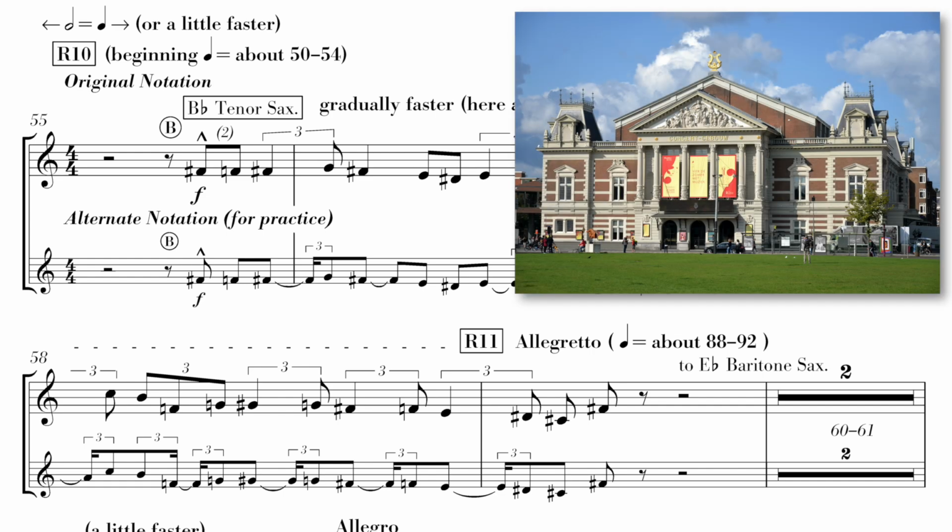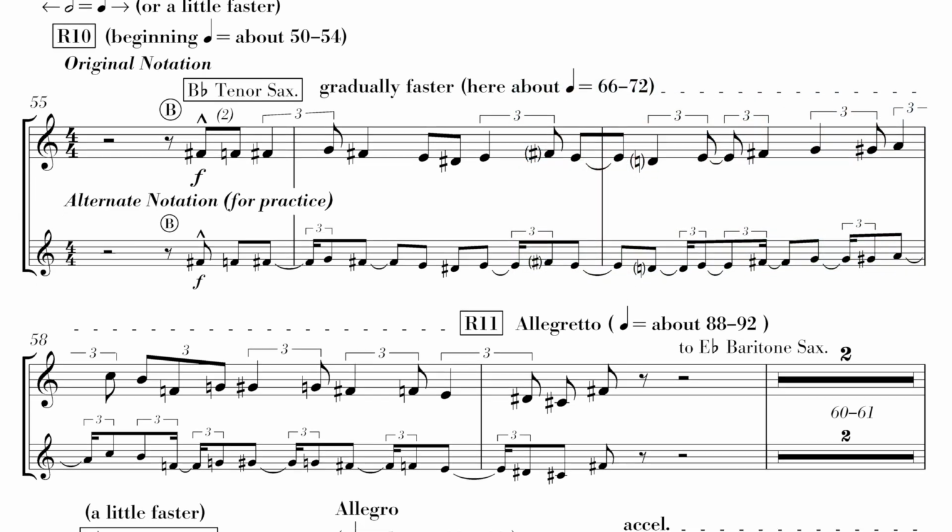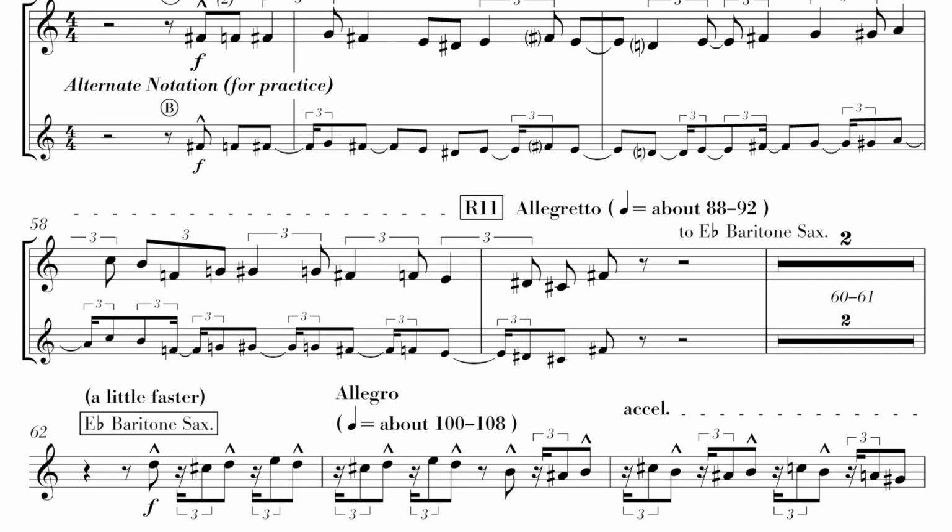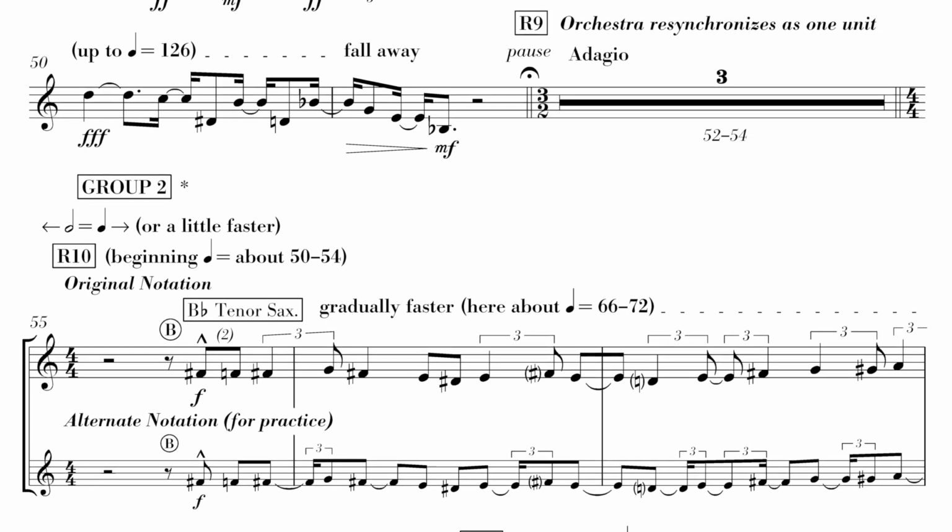So at the Concertgebouw, the saxophone player approached me and said, "There's a problem with my part, and it's this. There's not enough time for me to switch from tenor sax to baritone sax between rehearsal 11 and then when the baritone sax comes in at measure 62. But this passage could be played on baritone sax, and there is enough time for me to switch from tenor to baritone here at rehearsal 9 because the tempo is quite slow, and that means that there's a lot of time there for the switch. So would it be possible for me to play this part on baritone here?"